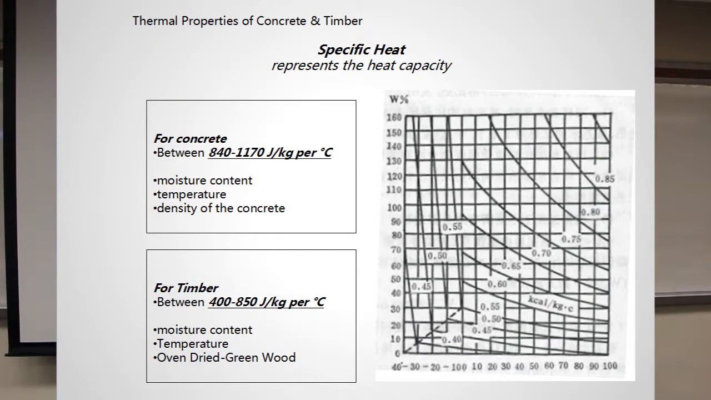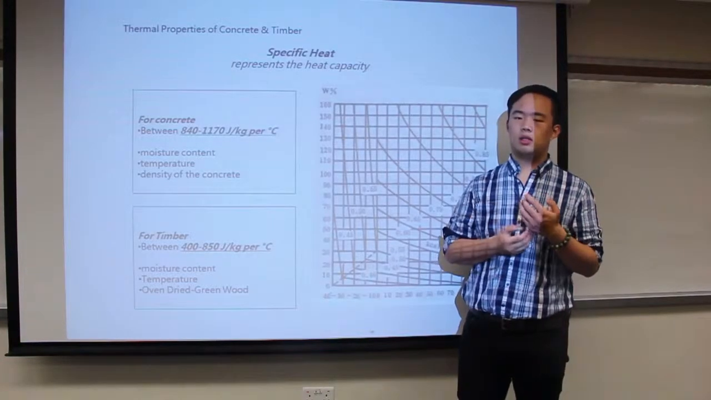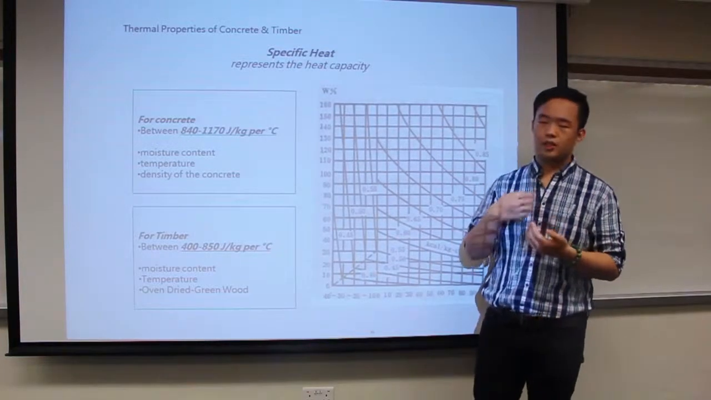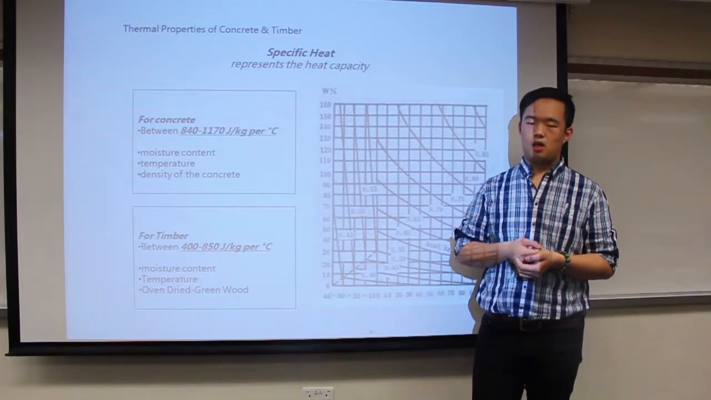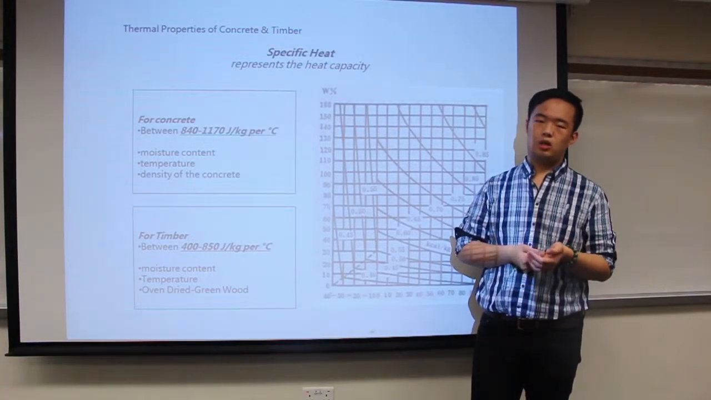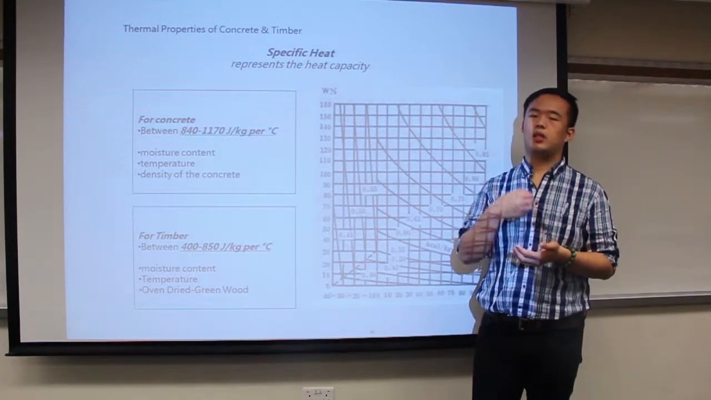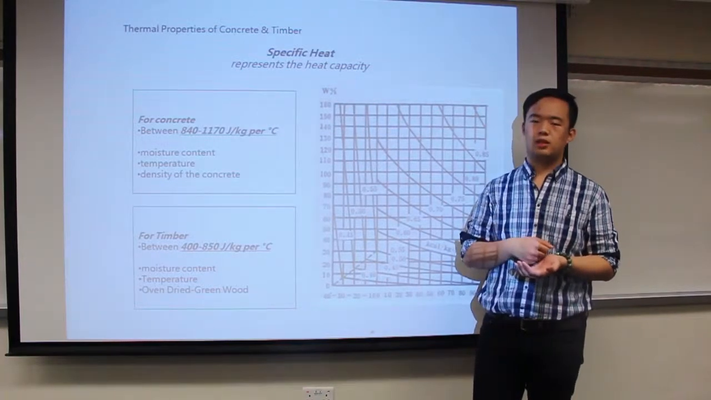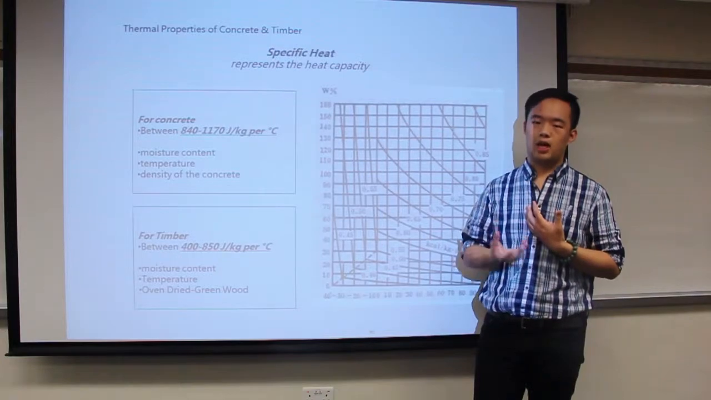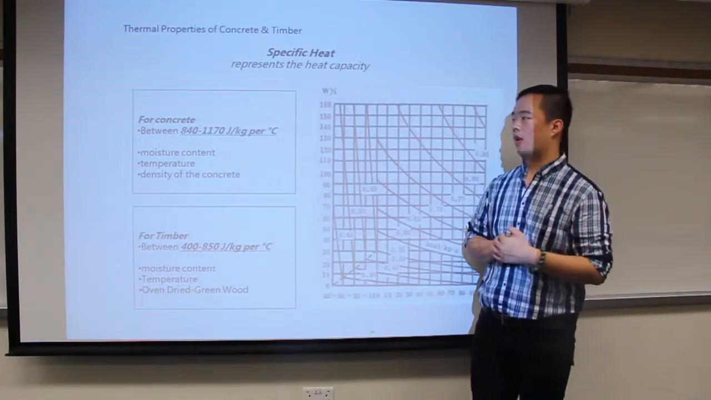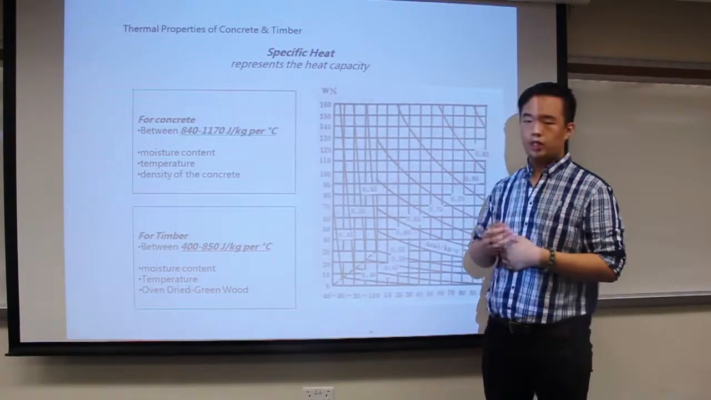So first, we will talk about the thermal properties for concrete and timber. So let us start with talking about the specific heat for these materials. The specific heat represents the heat capacity for both of the materials, which means that the materials can absorb some heat from the outside world. And for concrete, the coefficient is between